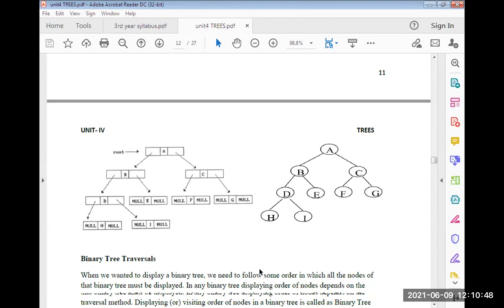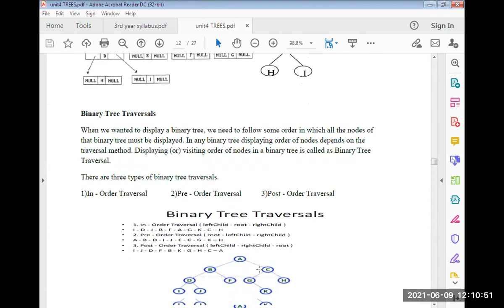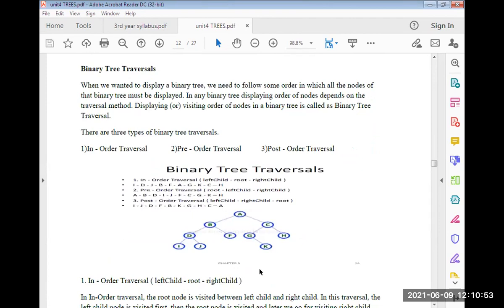Next one is binary tree traversal. Traversal is nothing but visiting each node in the given tree. We have three types of traversal: in-order, pre-order, and post-order. Yesterday I already told you what is in-order, pre-order, and post-order. In-order means A plus B, pre-order means plus AB, post-order means AB plus.